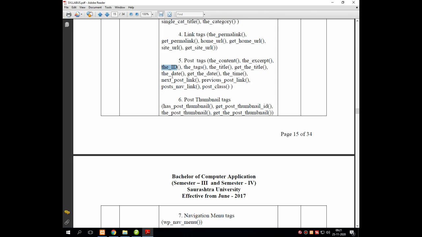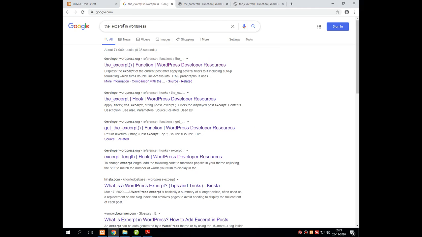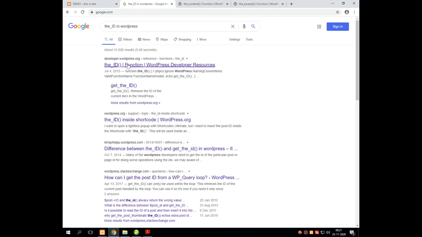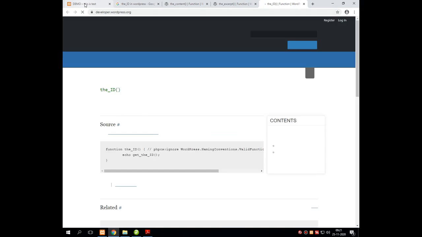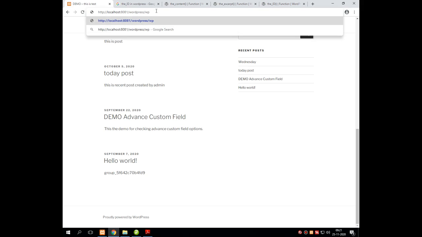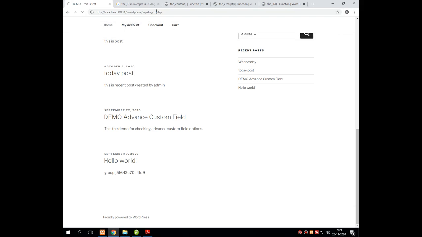The_ID is very important. The_ID function works with the ID of the post which is displayed on the screen. That means every post has its own unique ID when it is created in WordPress. For example, suppose I go into the dashboard of my WordPress by logging in.